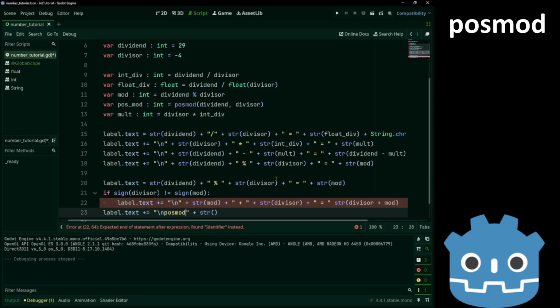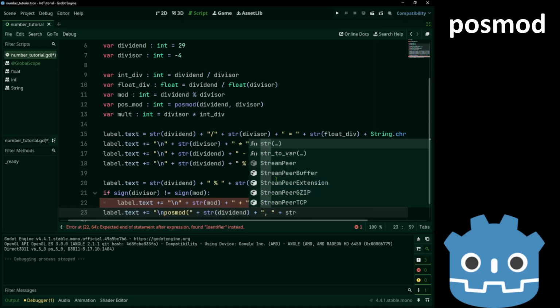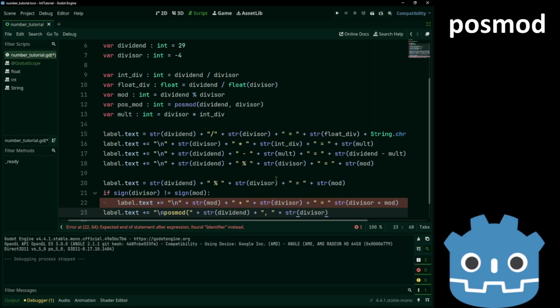Let's write posmod over here. Dividend, comma, divisor.